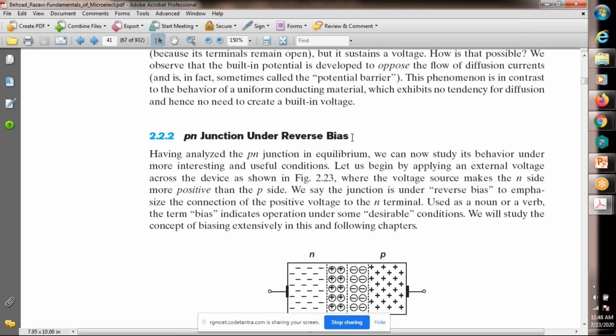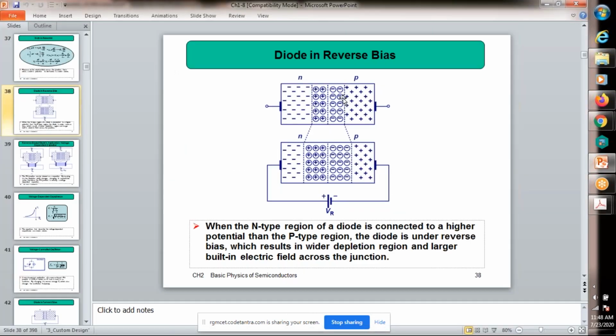Okay, this is the connection here. The first one is the equilibrium condition, the PN junction under equilibrium state, right? Here N side is positive charge and P side is negative charge. Now here N type, here it is some junction. Observe here, these are some small thick lines here. This is also thick lines. What type of junction here? This junction is metal to semiconductor. This junction is also metal to semiconductor, right?